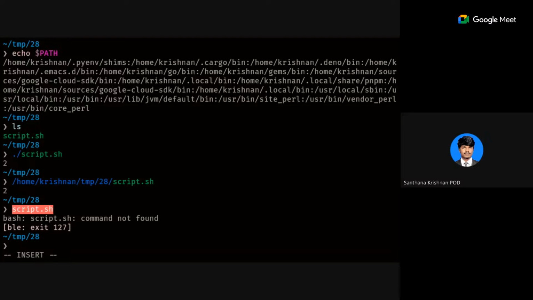Now I have a choice. Either I can update the path variable, or I can put this file into any of the reasonable locations here. The convention followed is that you put it inside your home directory, .local/bin. This is the convention generally followed for locally installed executables you want to execute. If it's system wide, most probably it will go to /usr/bin.